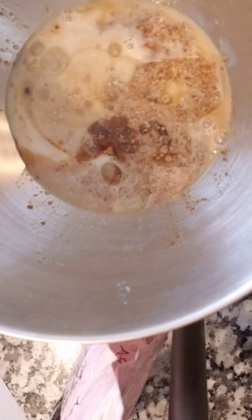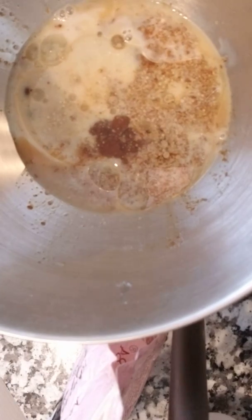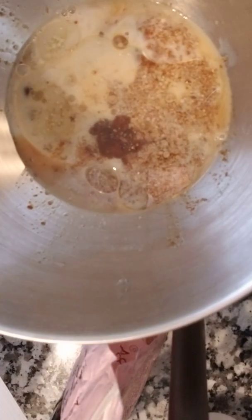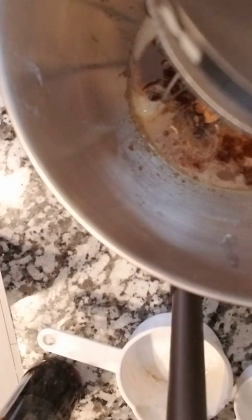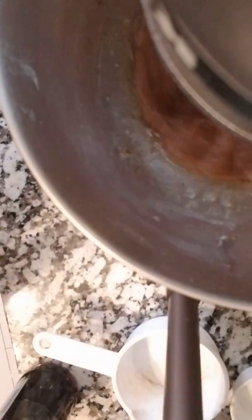And that was 1/3 cup of canola oil. And then we're gonna gradually mix this. So we're gonna mix this. I'm gonna start off with turning my mixer on low. You always, with baking, you always wanna mix your wet ingredients